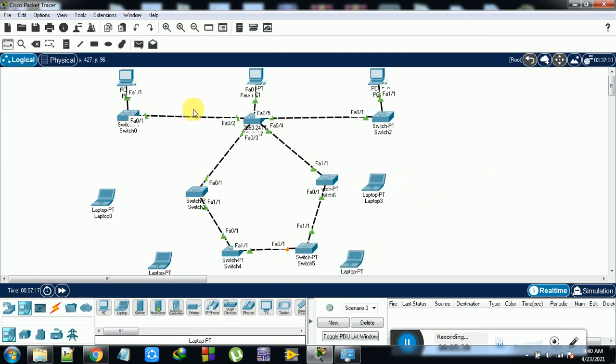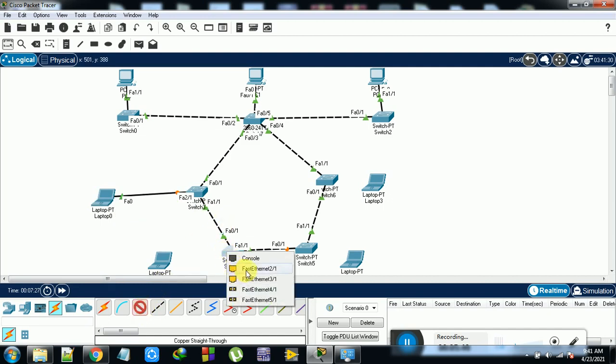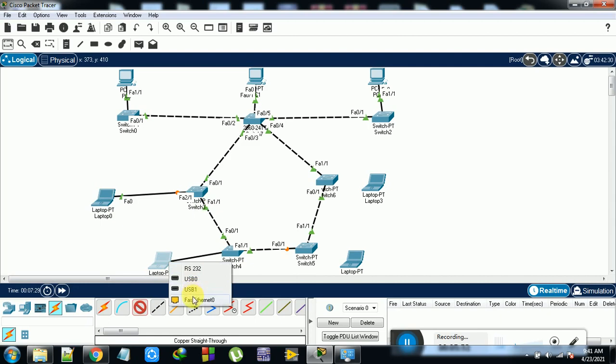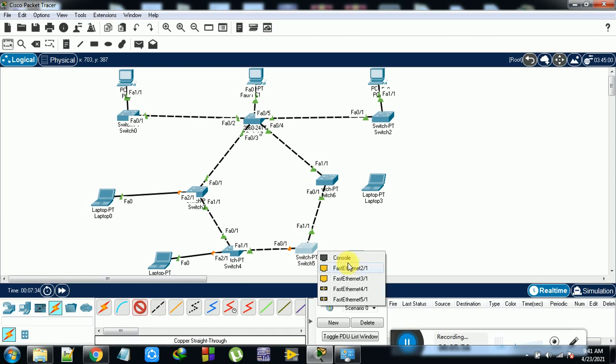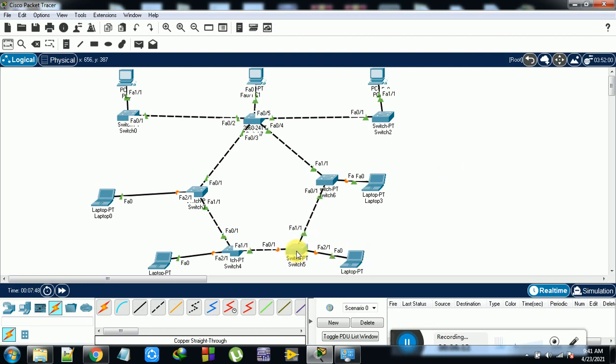So these all are connected, and by using direct connectivity I can connect from here to here, from here to here, from here to here, from here to here. Okay, so these all are connected. So now the system has established communication through all these ports.